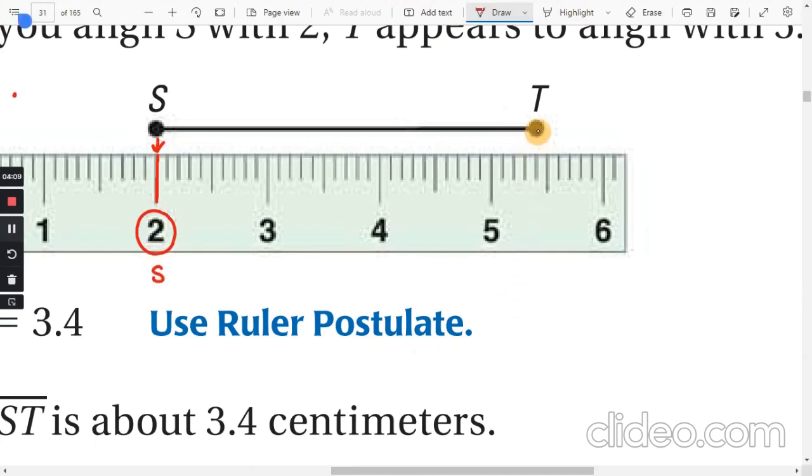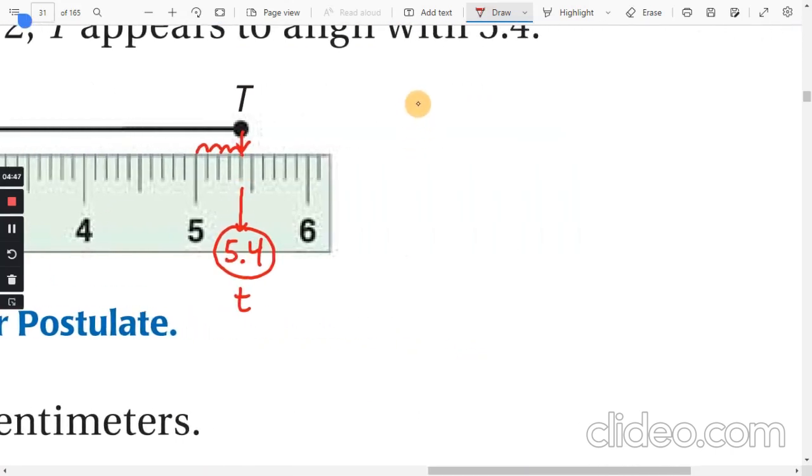And for the T, if you trace that down to the number line, I'm assuming this counts by tenths, right? So this is 5, 5.1, 5.2, 5.3, 5.4. So this here is going to be a 5.4. And since that's for point T, we are going to call that 5.4 the lowercase t. All right, so this is on the ruler. And since we want to find ST,